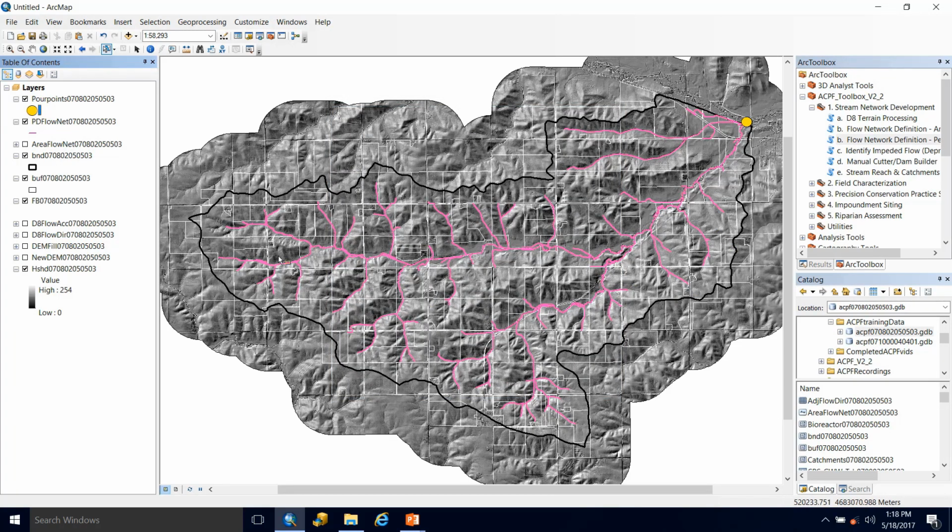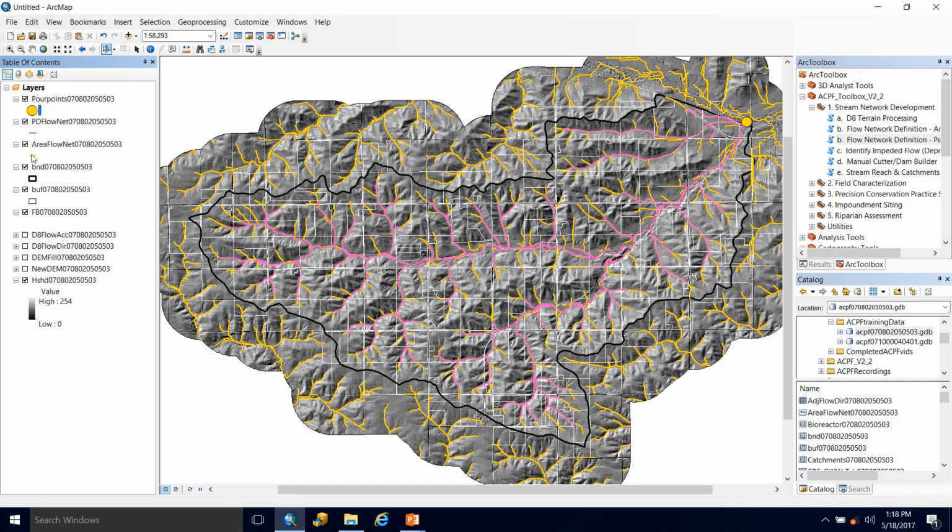So the flow network looks fairly similar to what we got from area threshold. You can see, since I was able to specify a threshold with the other flow network, that it does extend further up. Based on that constant drop theorem, this is the initiation point for Peuker-Douglas, shown in pink. As stated before, this is an objective method, so based on the landscape, that was how that was determined.